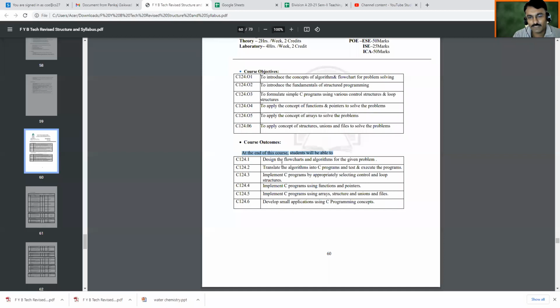What does it mean? What you have written as steps in your words, like this will be the first step in the algorithm part, this will be the second, this will be the third, fourth. Now through programming, using different keywords and the structure and syntax of the language, you have to write the program and you have to test. That means you need to check whether all the constraints